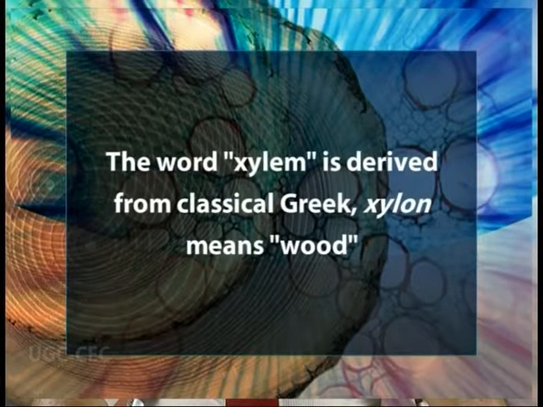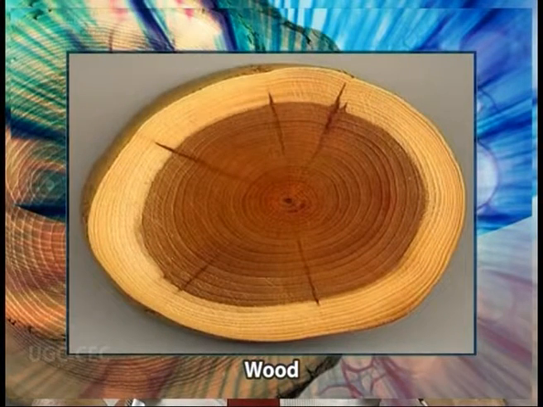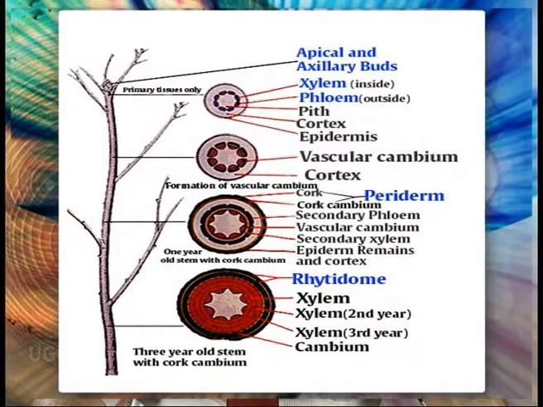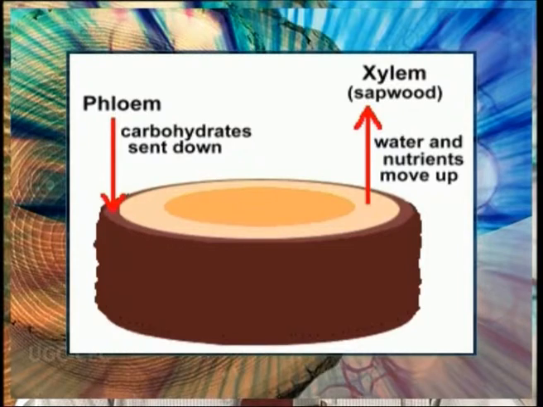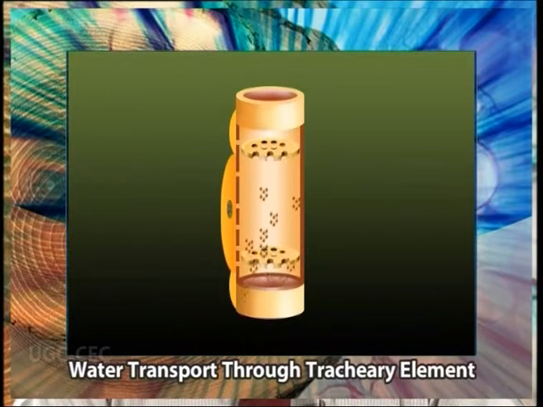Today we are here to discuss the topic formation and structure of secondary xylem. In vascular plants, xylem is one of the two types of transport tissues, phloem being the other. The word xylem is derived from classical Greek xylon, meaning wood, and indeed the best known xylem tissue is wood. Though it is found throughout the plant, its basic function is to transport water, but it also transports some nutrients